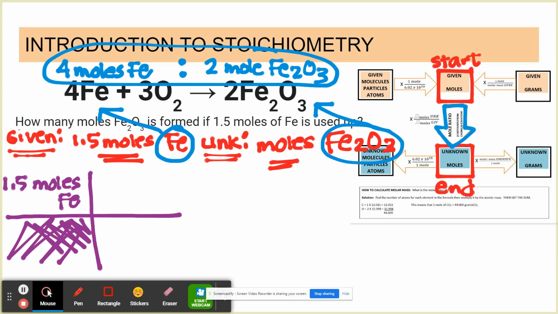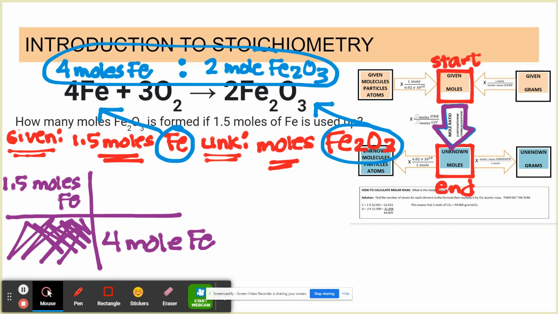Now, since we only have one step, if you look closely again at our flow chart, we only have one step, and that's the mole ratio. We just need those next two boxes, and that's it. So we have to put the mole ratio in there. So we have 4 moles of Fe and 2 moles of Fe2O3. The question now is who would go on top and who would go at the bottom? Think about it. If you said 4 moles of Fe goes at the bottom,